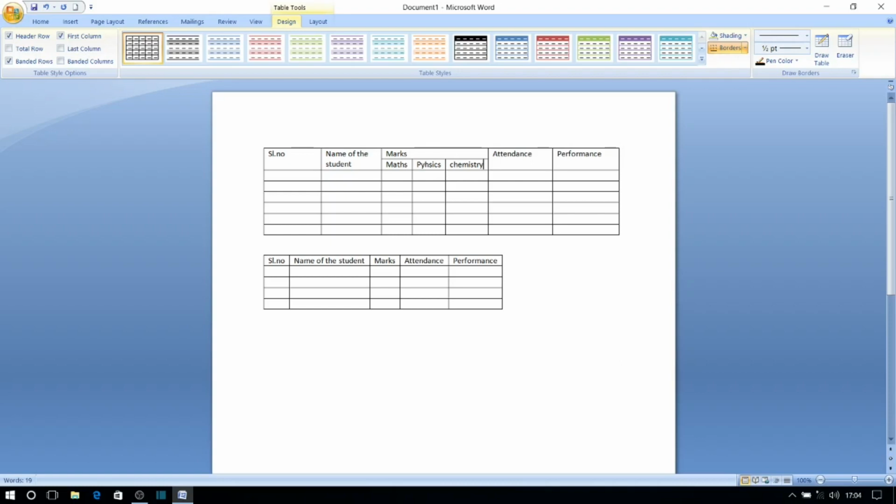So this way you can split a column into any number of columns as per our requirement and enter the data in a proper manner and understandable way. Now you can format this contents also as we like it.